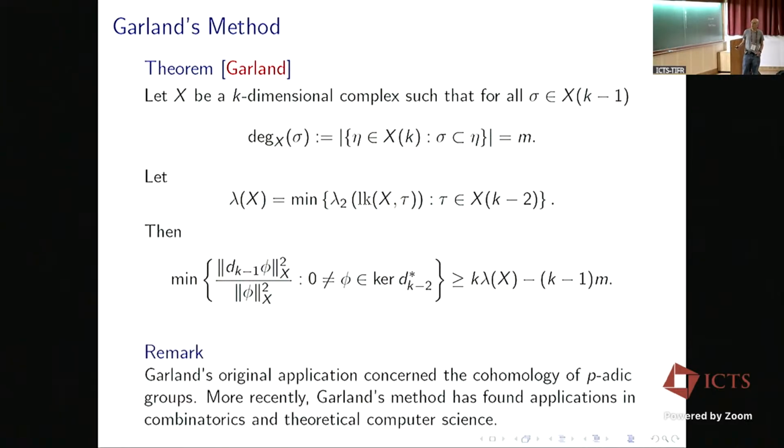Okay, the Garland result is from a 1972 paper in the Annals. He used it to prove a conjecture of Serre on the cohomology of p-adic groups. More recently, the Garland method has had many applications in combinatorics and theoretical computer science, and I assume that was also mentioned a lot in the previous week. But in any case, once we have this,